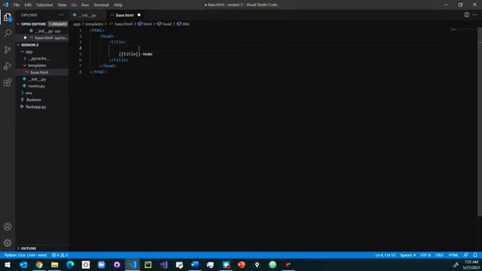That can be done because of Jinja 2. Jinja 2 is the package that already comes with Flask. Since we have already installed Flask, this Jinja 2 package will already be there. So because of that, we will be able to do this.